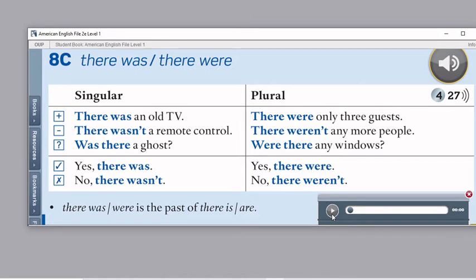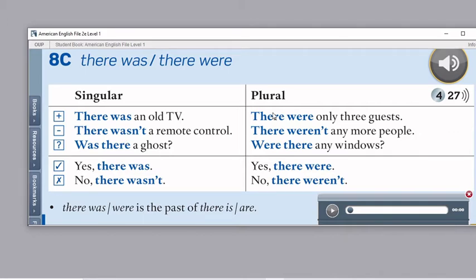Okay? So, remember, there was and there were is the past of there is and there are. Remember that now we are talking about the past. In the singular, there was, affirmative. There wasn't, negative. Was there, interrogative. We use an or a in the singular, affirmative, negative, or interrogative. These are the answers. Yes, there was, no, there wasn't. And hubo, no hubo, hubo,